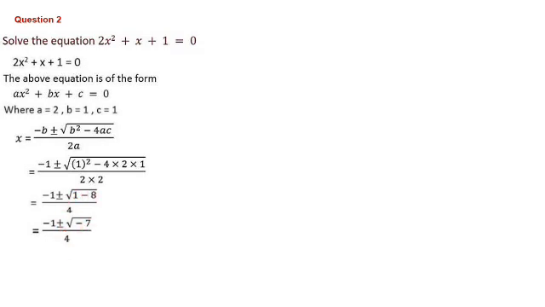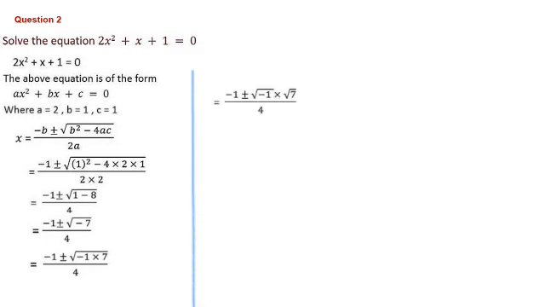And this minus 7, again we can do the calculation. Minus 1 plus or minus root of, same like the previous question, we will split this one as minus 1 into 7 divided by denominator as before 4. Then minus 1 plus or minus root of, this minus 1 we will be taking out. Means we are splitting this one as root of AB format, means root A into root B. Root of minus 1 into root of 7 divided by 4.